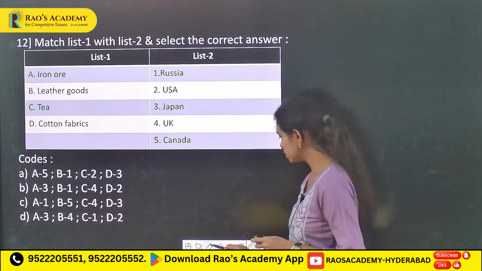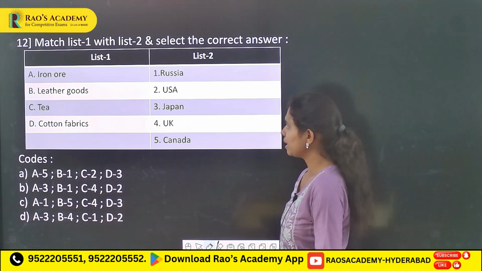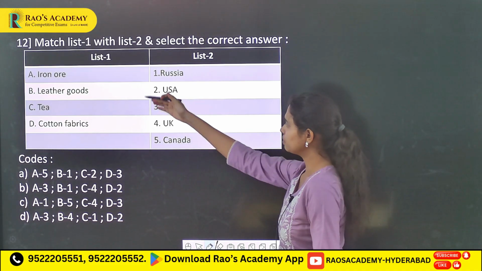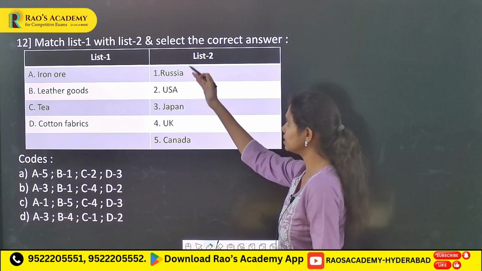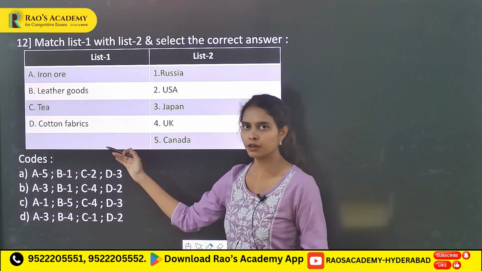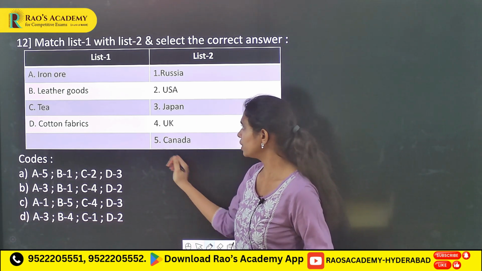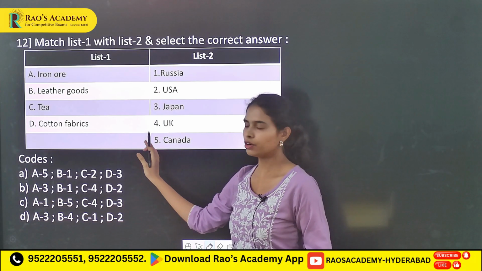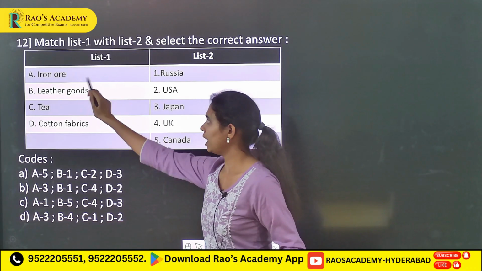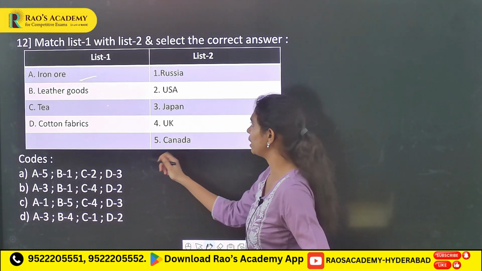And the next question is, here it has given a match between different exported products and the destination of an export product. Here these all were the exported products from India, and what is the prominent destination country for these exported Indian products. So if you see this particular product, the iron ore is greatly exported to Japan,